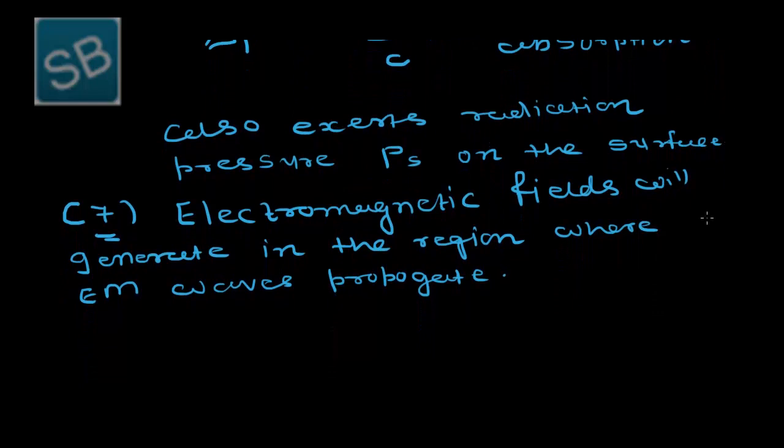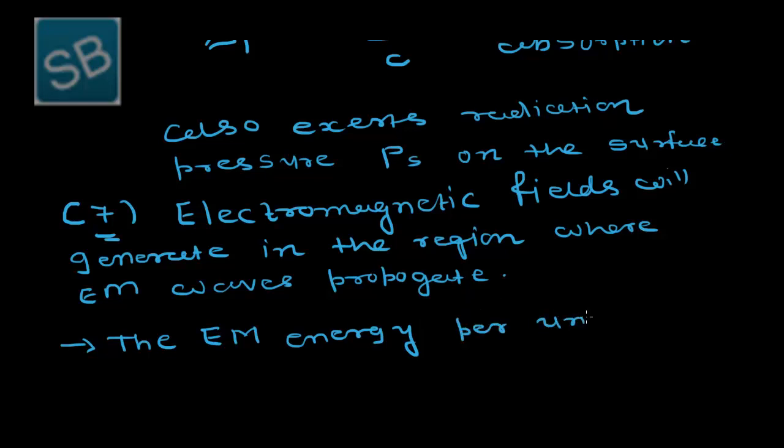That means the electromagnetic energy, because each field consists of some energy. So here the electromagnetic energy per unit volume, basically the energy density, is given by